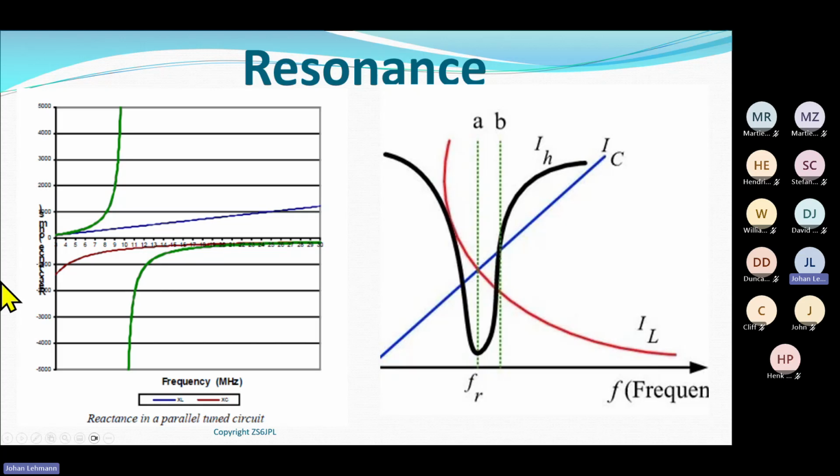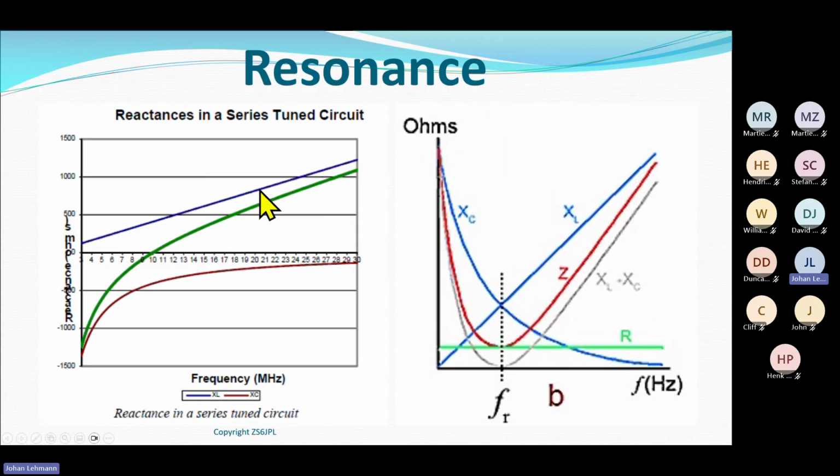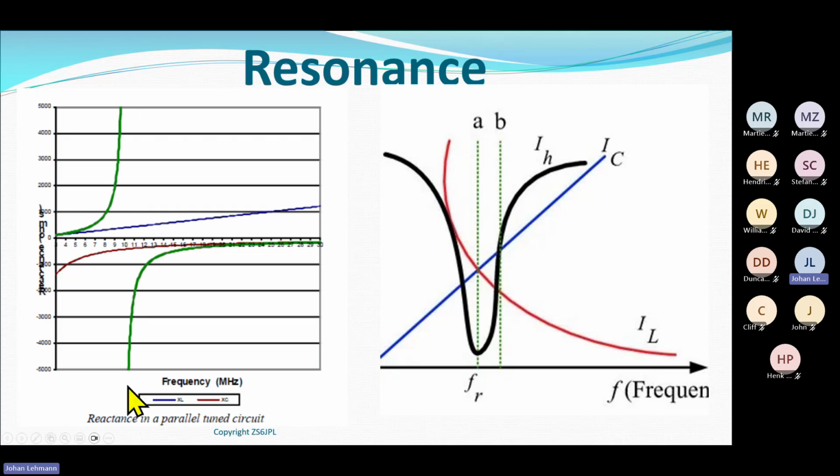Now you can see, because it becomes infinite, it would be the ideal thing to stop something from going further inside your radio. So if I wanted to pass something in my radio, the series resonance circuit would have been perfect, because the impedance is very close to 0 at resonance. So it is the ideal thing to pass. And a parallel circuit is the ideal thing to block, because it becomes infinitely high in impedance at resonance.